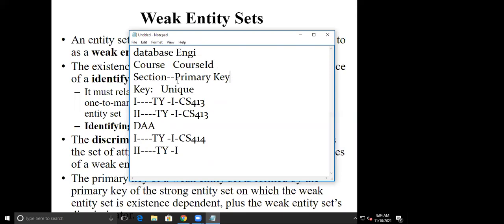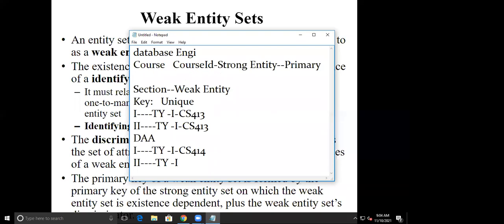So then a section becomes my weak entity, and this becomes my strong entity, the strong entity which has its own attributes for forming a primary key, or simply you can say a key. If I'm using only the word key, this always refers to a candidate key, which is minimal and gives me a unique record.